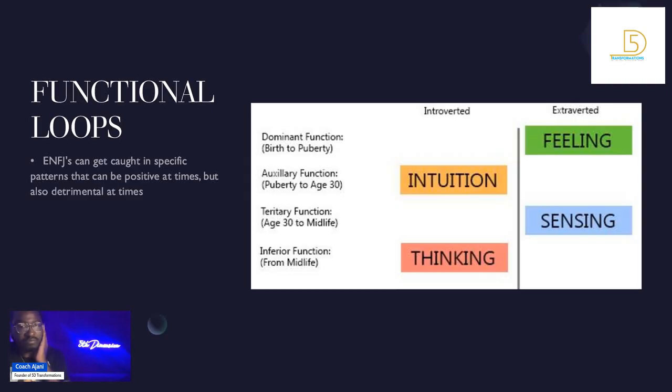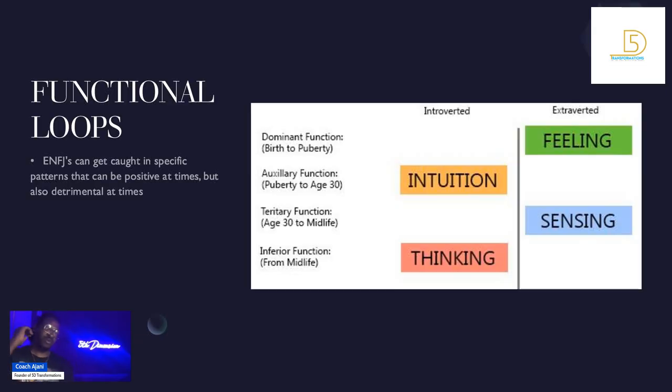So you're coming up with how you think based on the feelings that you're getting from the things that you're experiencing, and then you're moving forward to the next best situation so that you can feel good and have good experiences. So your thinking and intuition is constantly trying to guide you in a direction where you can have good feelings and good sensory experiences. So the thing to keep in mind here is when you get into these loops, and this is very important because these loops are where people get stuck.